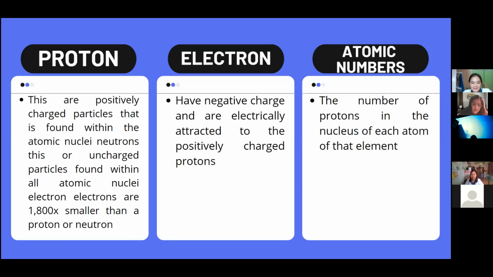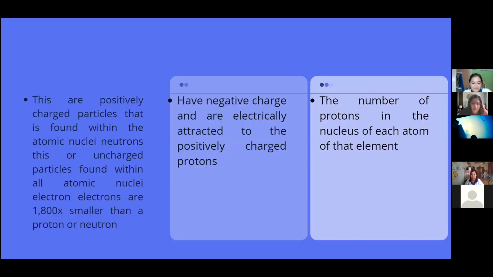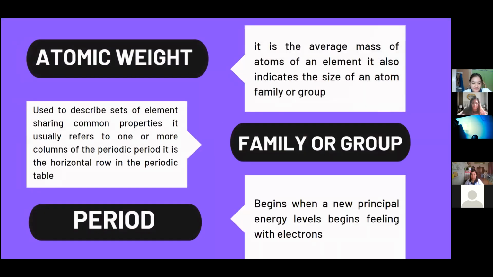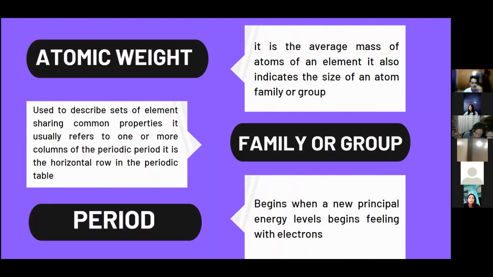Next, please. Neutron disappeared. Did you see the neutron, guys? Or is it just me who didn't see it? So I will just discuss it. If protons and electrons are positive and negative charges, the neutron is an uncharged particle. Where the proton is found, the neutron is also found, in the atomic nuclei.